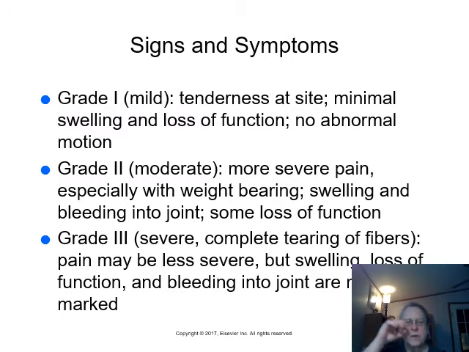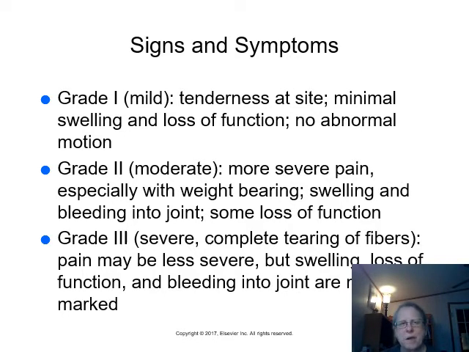Signs and symptoms. Sprains are graded into three. Grade 1 is mild, grade 2 is moderate, grade 3 is very severe, complete tearing of fibers. So with mild, you have tenderness at the site, minimal swelling, loss of function, no abnormal motion. So this person can probably stay home, put a little bit of ice on there, wrap it, keep it elevated,